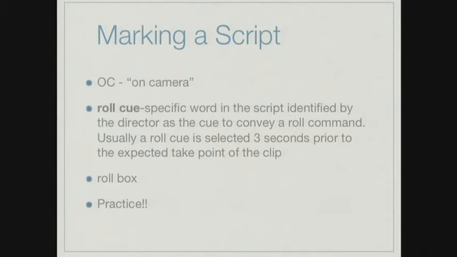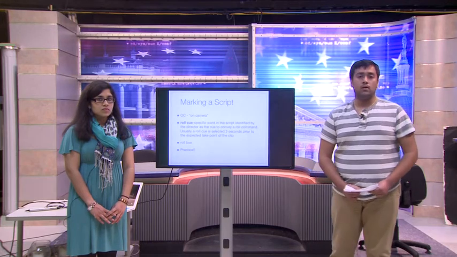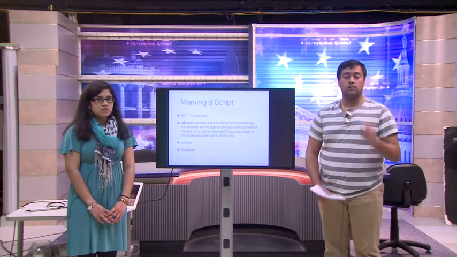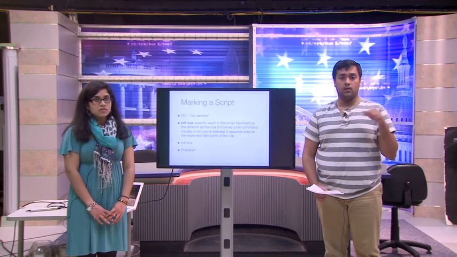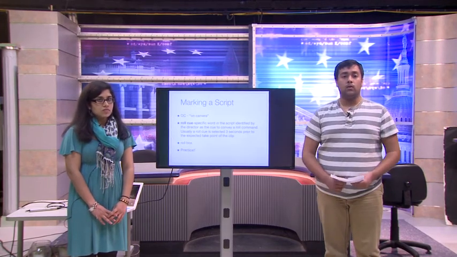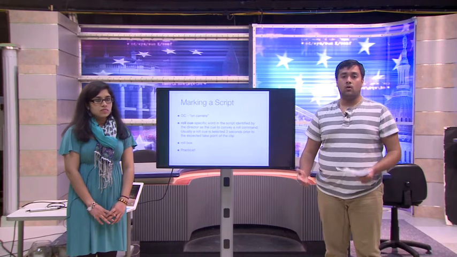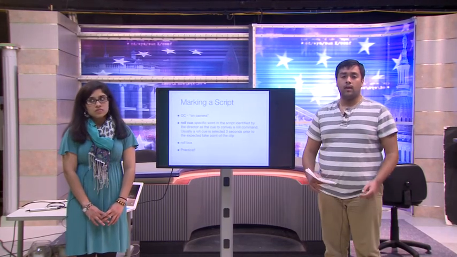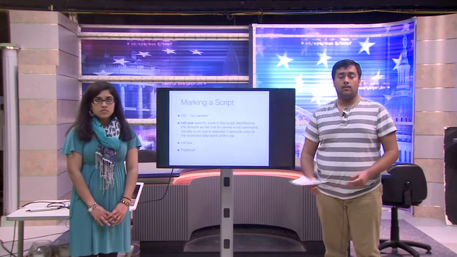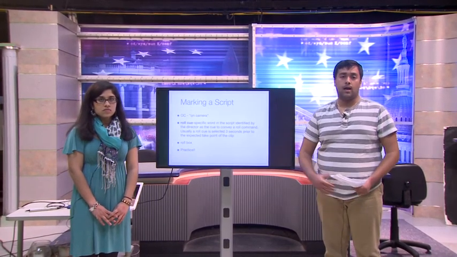Another thing a director might use is a roll box. A roll box would be on top of the script, and they would physically write roll, and underneath the roll, in a box, they would write VT1, and this would cue to a word. So the director would know when, for example, there's a cue that says players, they would tell the anchor that we're going to start the cue, and they could play the next clip or anything that's going to happen right after.